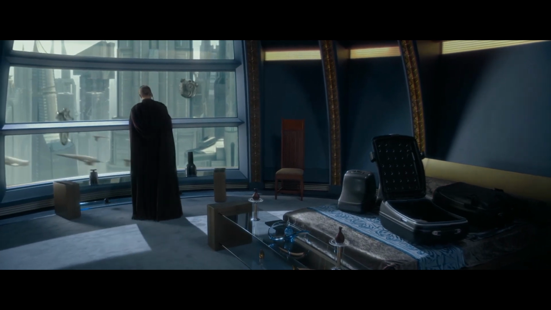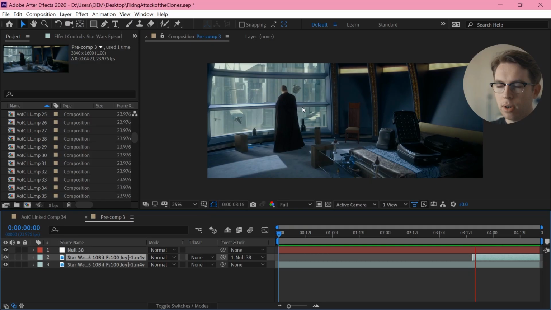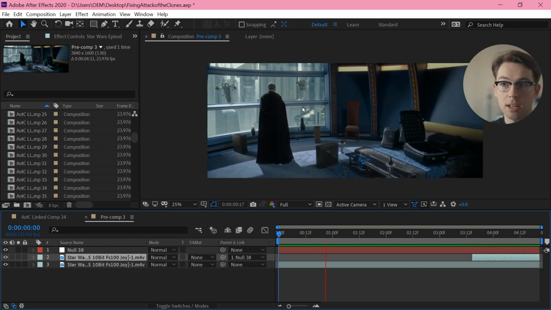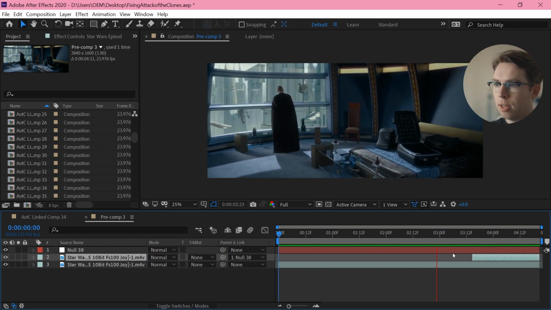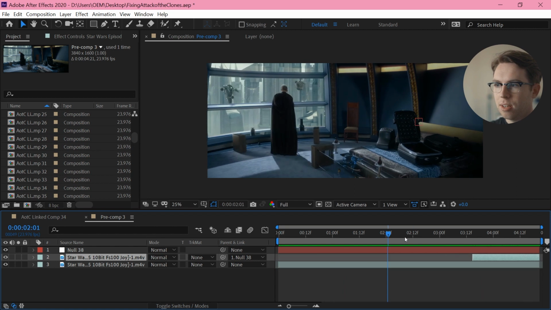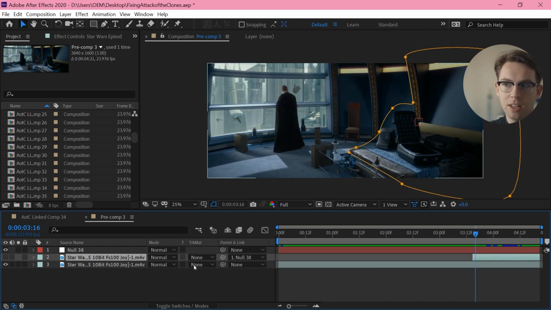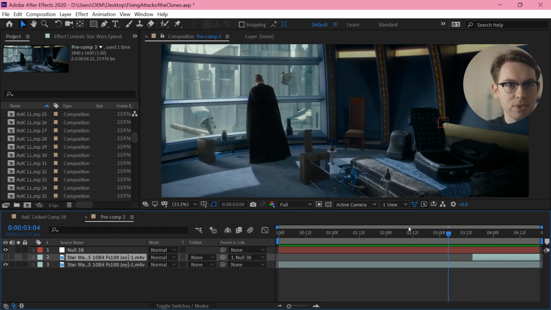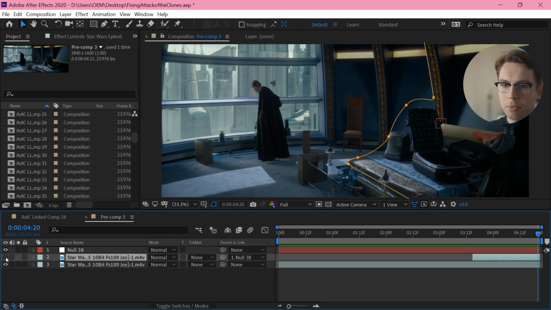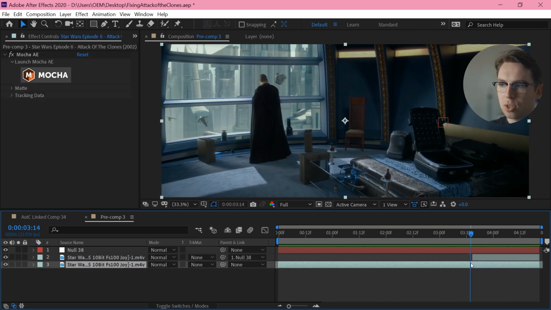Right, so shot 34. I've drawn out a lot of the scene, removed a lot of the dialogue, added a lot of pauses, and one of the problems is Padme is coming and going throughout. It was getting a little bit ridiculous how many trips she was making, and I wanted to cut to a reaction shot of her. So I just needed to paint her out, which was a little bit more of a pain than you would think because of this motion.